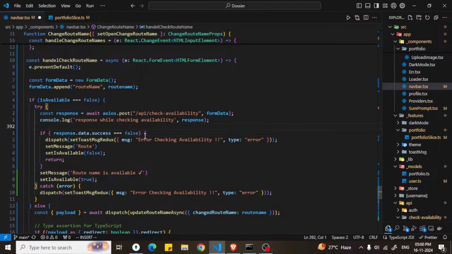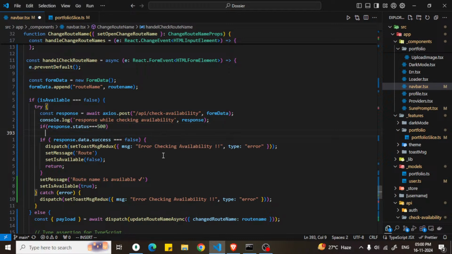So what we will do, if response.status is equal to 500, that is internal server error, then we will say